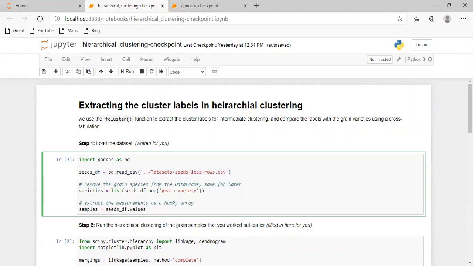In this, a wide variety of wheat seeds are available. These wheat seeds have to be popped using the seeds underscore data frame dot pop using the grain variety. This is one of the columns to be considered here.